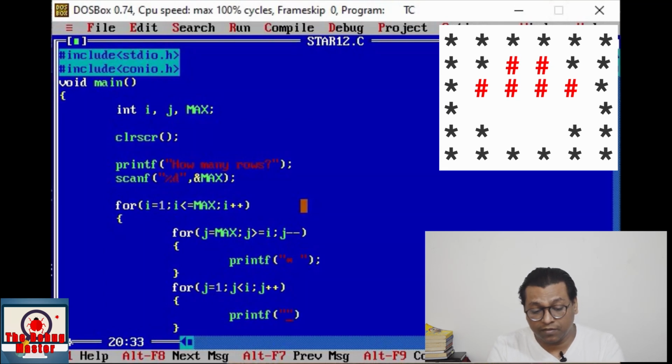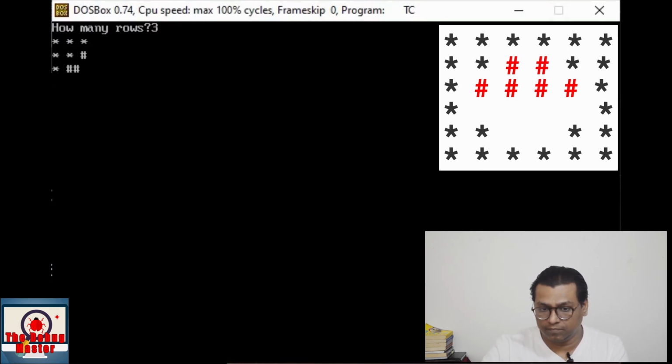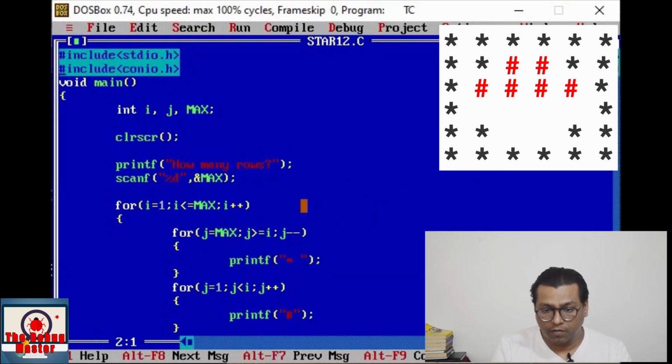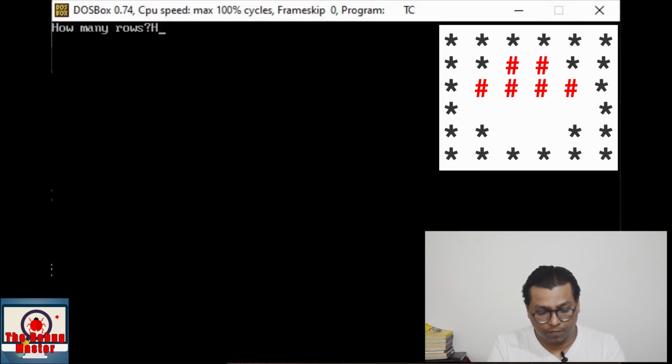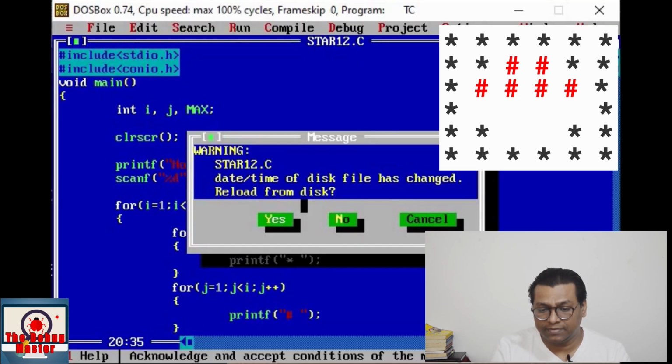Here we are skipping the equal to condition. Save it and run. Add some space, right friends? So the first part is done.